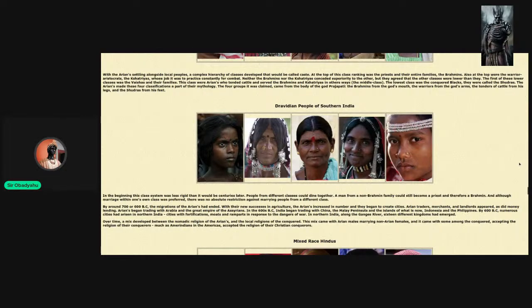By 600 BCE, numerous cities had arisen in northern India, cities with fortifications, moats, and ramparts in response to the dangers of war. In Northern India, along the Ganges rivers, 16 different kingdoms had merged. Over time, a mixed development arose between the nomadic religion of the Aryans and the religions of the conquered. This mix came with Aryan males marrying non-Aryan females, and it came with some among the conquered accepting the religion of their conquerors, much as